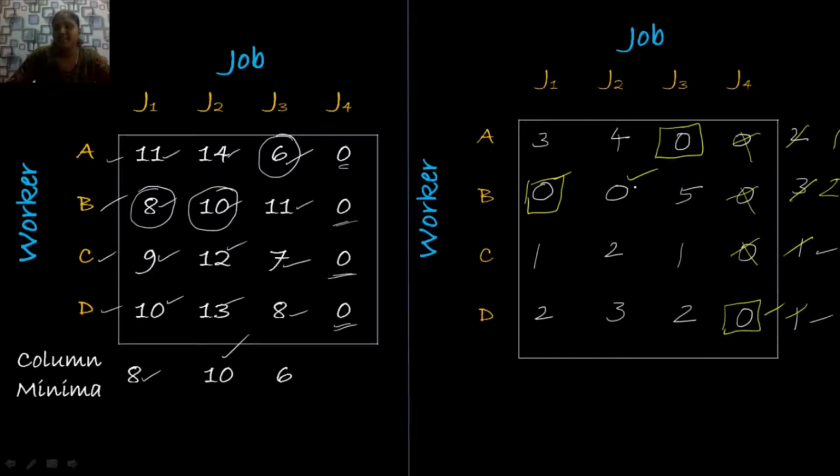After making the assignment, cross the remaining 0 element in the same row and column. Row wise it has only 1 0 element. I cross the 0 element like this. Now after making assignments, check whether each row has exactly one assignment. The first row has an assignment, the second row has an assignment. The third row doesn't have any assignment, whereas the fourth row has an assignment. If it is so, the current assignment is not optimal, so we move on to the next step.